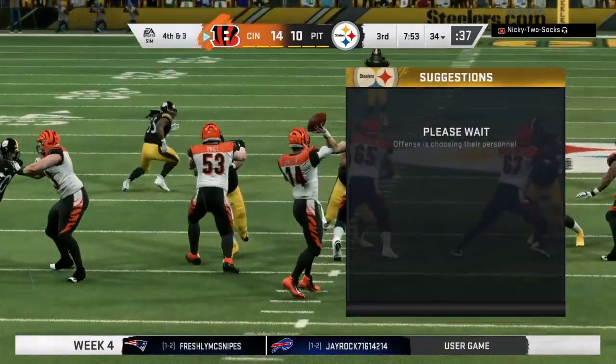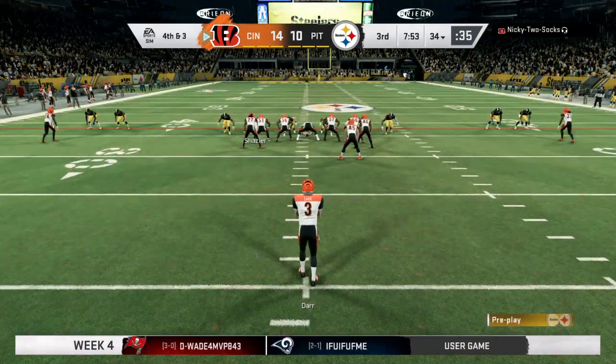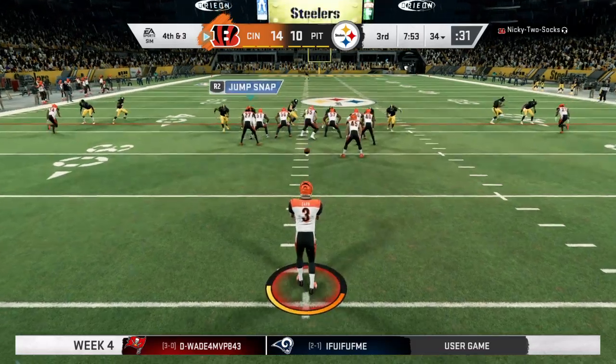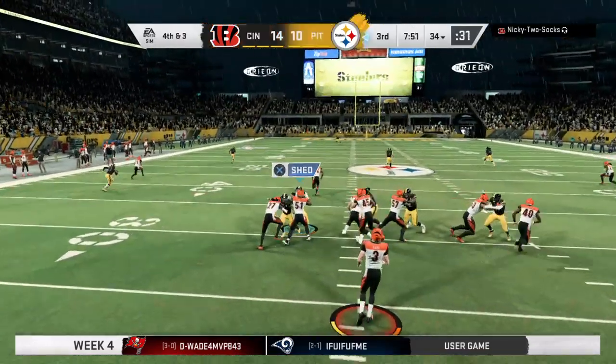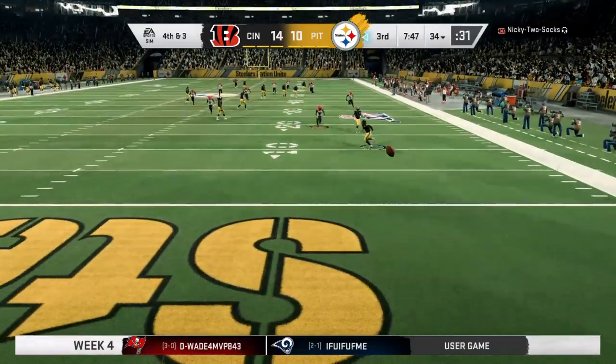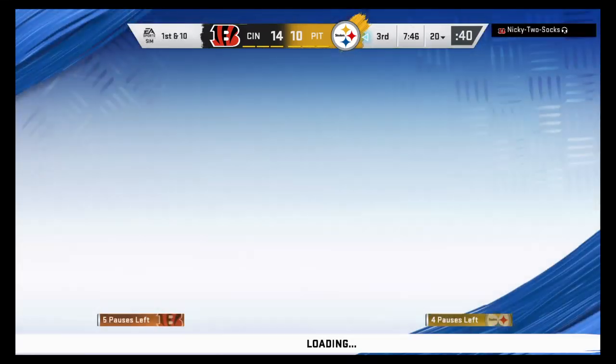Not only was the call spot on, how about the execution of that defense right there? Zone was absolutely locked up tight. He was trying to force it in there on third down. But if there's a time to force it, he felt like he needed to make a play, right? Yeah, exactly right. Third down, you got to try and find something. There's nothing available there for him. And this one hits at the 3 and then...